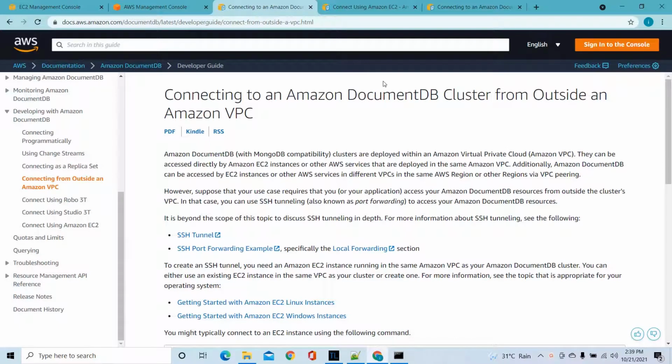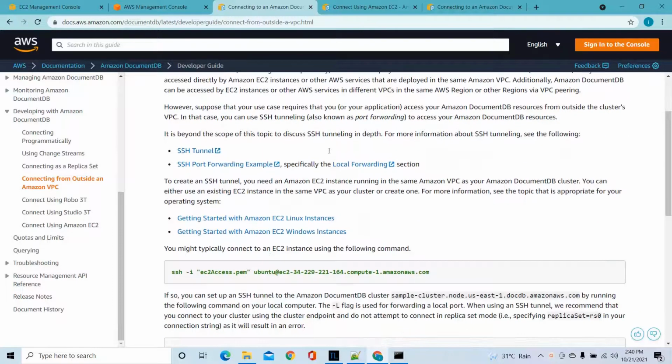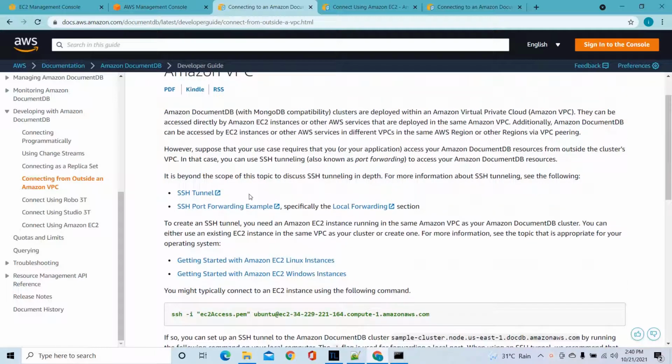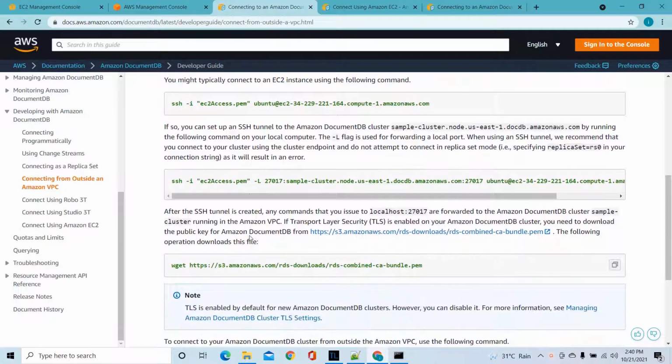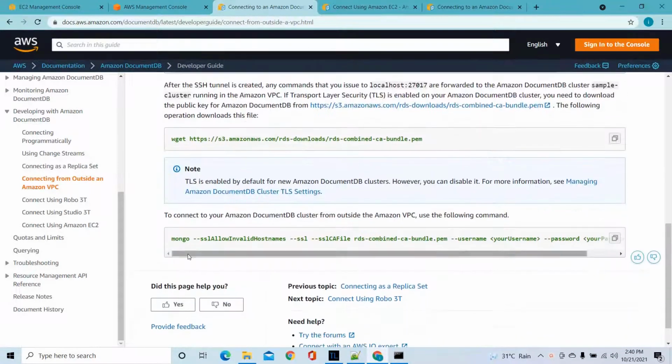Hello guys. In this video we are going to check how to connect to a DocumentDB cluster from outside of the VPC. You can refer to the AWS official documentation for this, but there they are using SSH tunneling, and the main problem is they connect to DocumentDB by using the Mongo shell. It will work, but in most cases our developers want to use third-party clients like